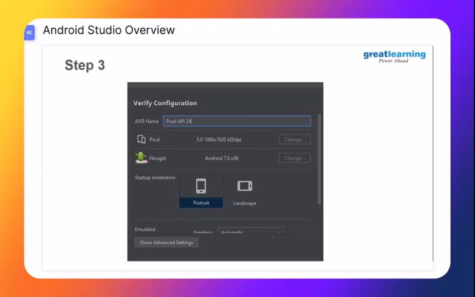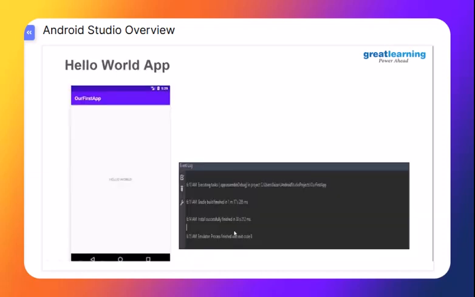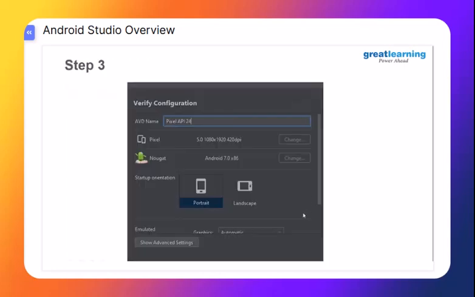You can change the name of your device. Okay, so then this is the Pixel, then you can change the orientation, either portrait mode or landscape mode, then the graphics, and once you are done with this, you will have an emulator running. Okay, so now let's go back